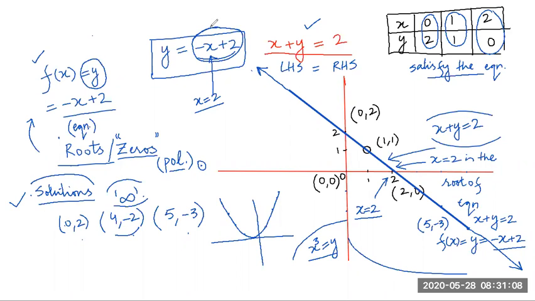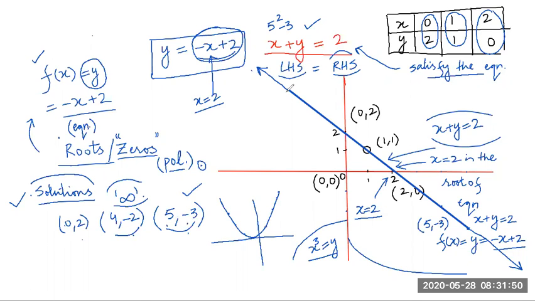Now, the concept is different. Initially, the concept was taking the value of x and y and seeing whether it satisfies the equation. And what is the meaning of satisfying the equation? I'm talking about the previous thing, solutions. Satisfying the equation means, let's say I put x is equal to 5 and y is equal to minus 3, it becomes 2 is equal to 2, which means left hand side is equal to right hand side. This is simply the meaning of solution. Solution means when you put that value of x and y, the left hand side of the equation will become equal to the right hand side.